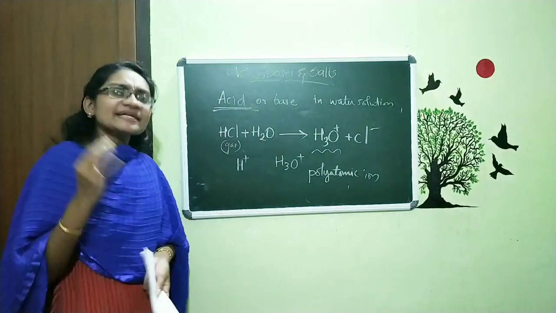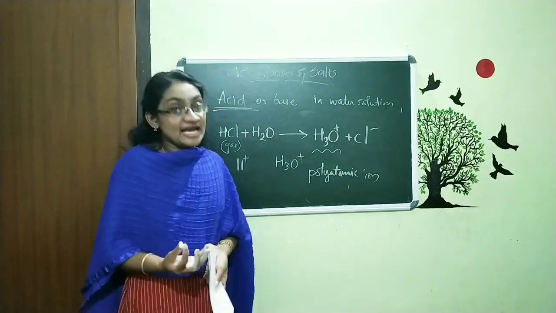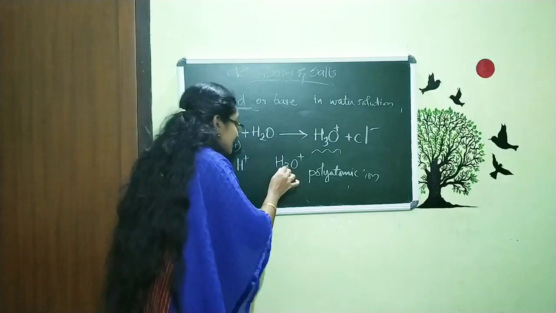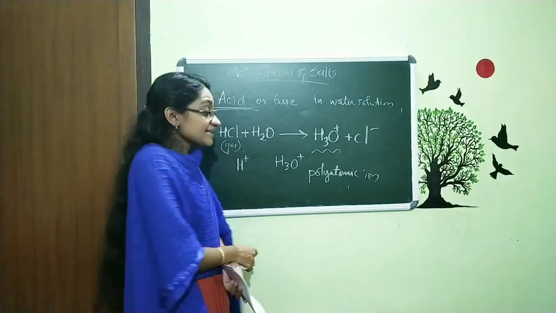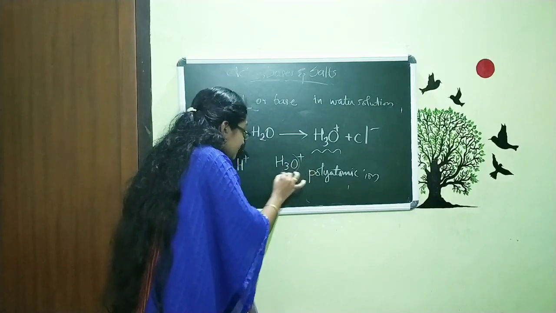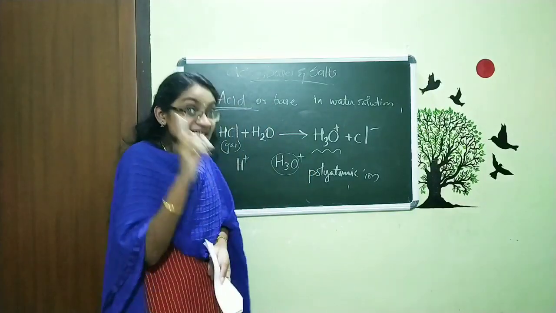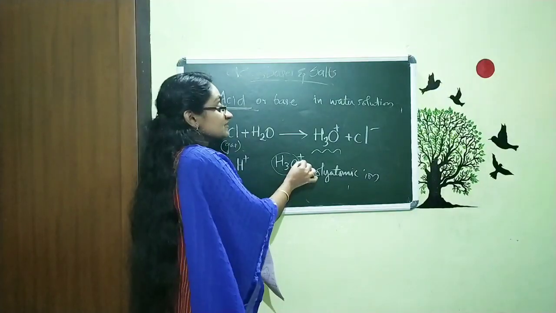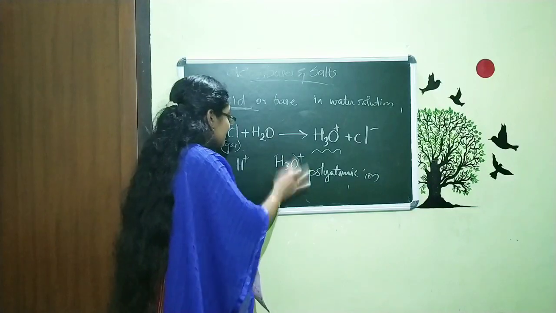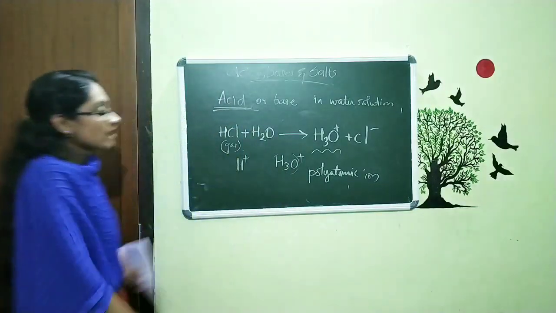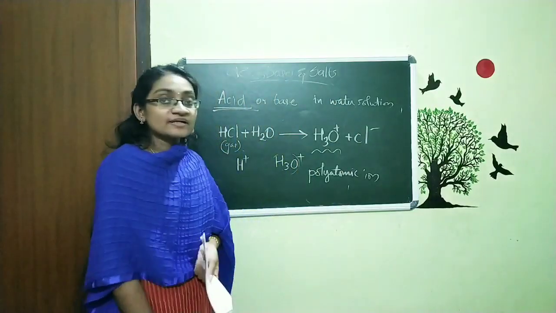Polyatomic ion means a type of ion that contains more than one atom. Here you can see 3 hydrogen and 1 oxygen together as a group, H3O, with one single charge, and that is plus. So when HCl reacts with water, you get this H3O plus,